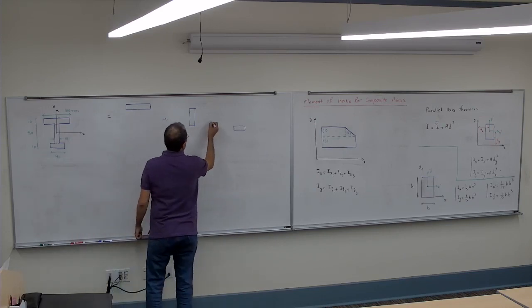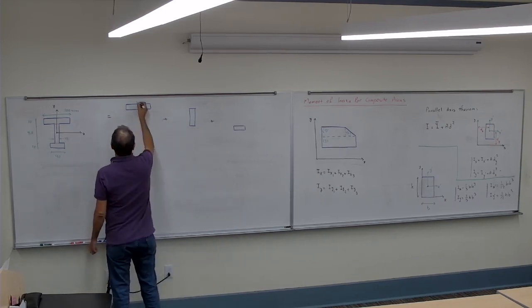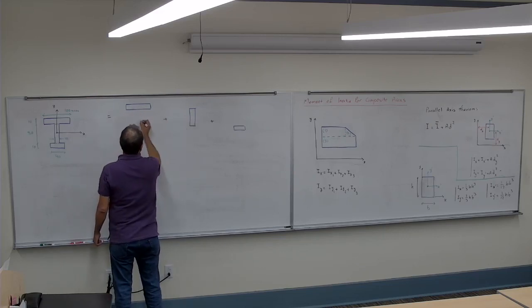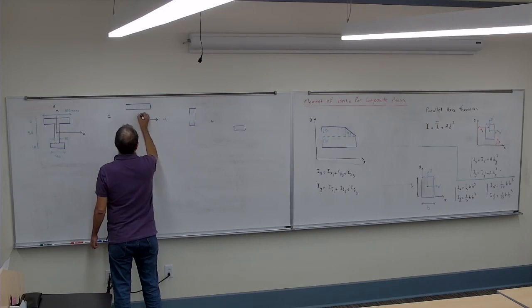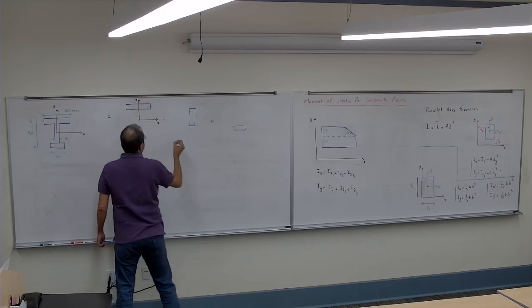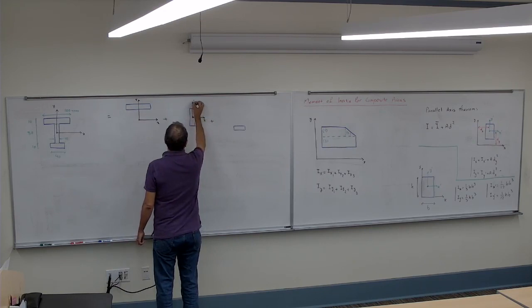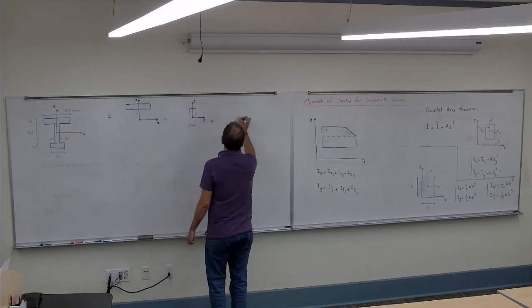This one plus this one. So the x is gonna be, again, assume this is gonna be the x axis, it's gonna be here. The x, y. For this one, the x, y is gonna be here. For this one, the x, y is gonna be